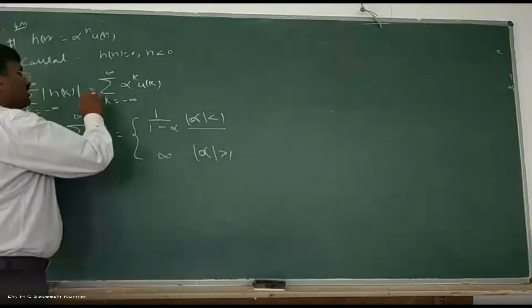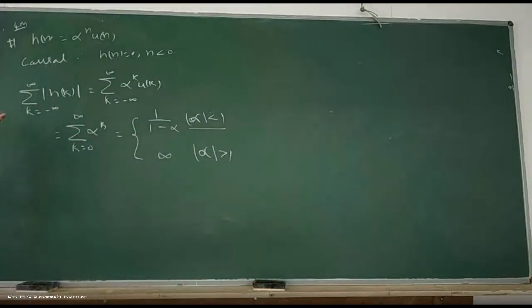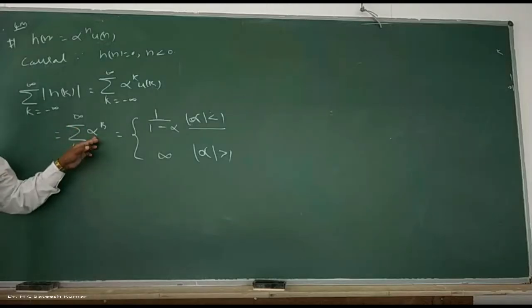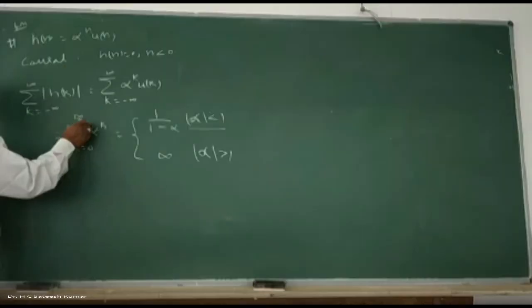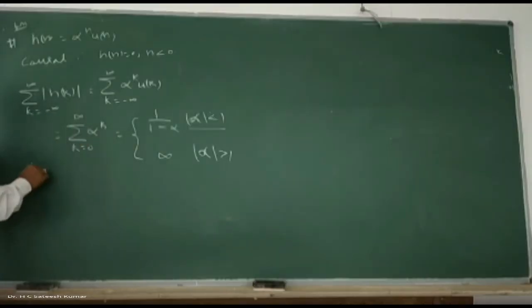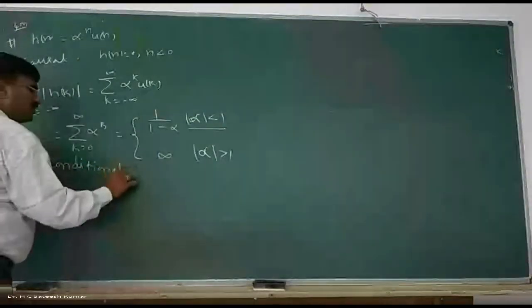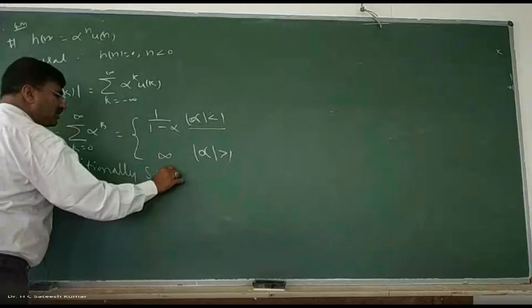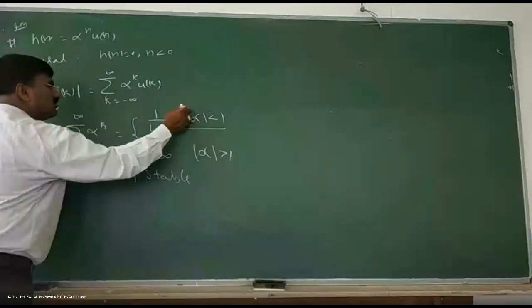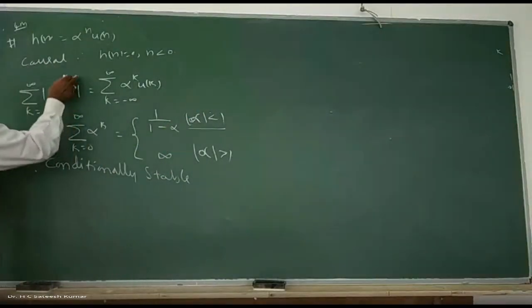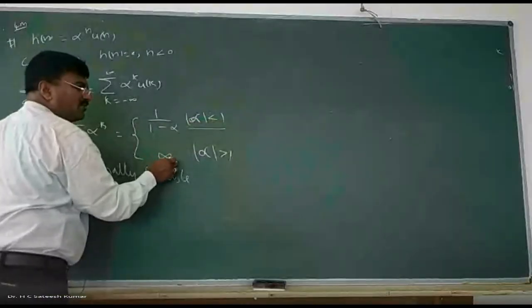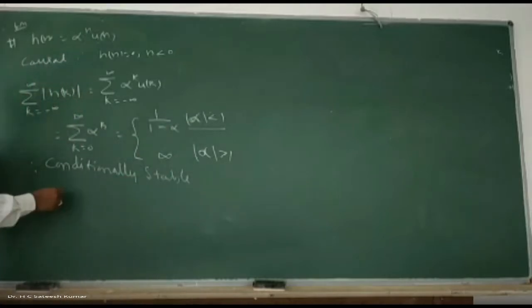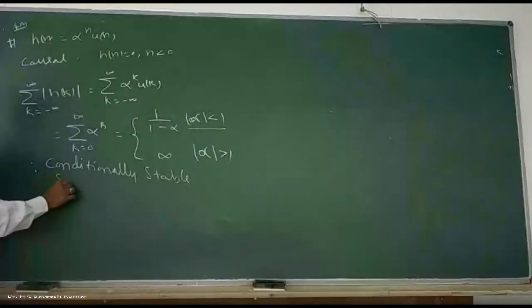So therefore, the system is conditionally stable. We cannot say directly; unless you know the value of alpha, you cannot say whether the system is stable or not. Under a certain condition only it becomes stable. Therefore, conditionally stable. What is that condition? If you want this value to be finite, this should be less than 1. Otherwise, it becomes infinity. So therefore, what we should find is the condition, that means the system is stable